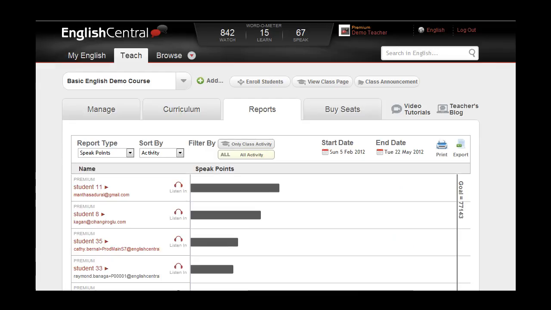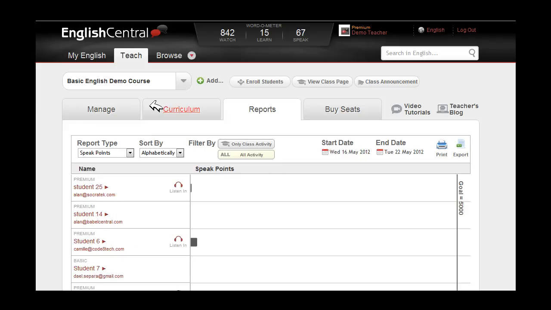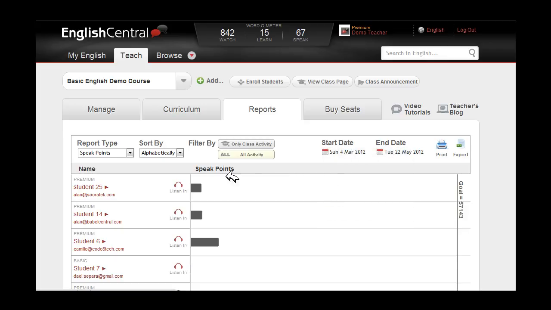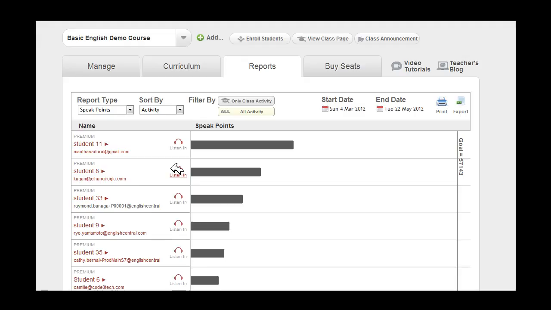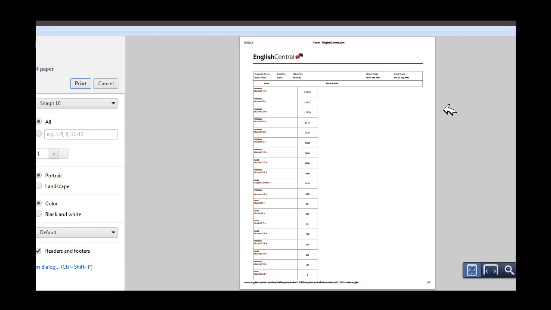Printing and exporting your class reports on English Central is very easy. Simply select the course you'd like to look at reports from. Select the start date and end date for the reports. Sort by activity or by class name. And you have two options. Either print the report by selecting print,